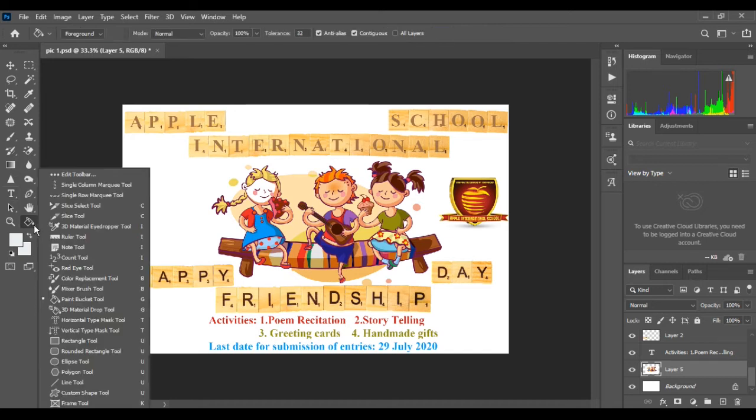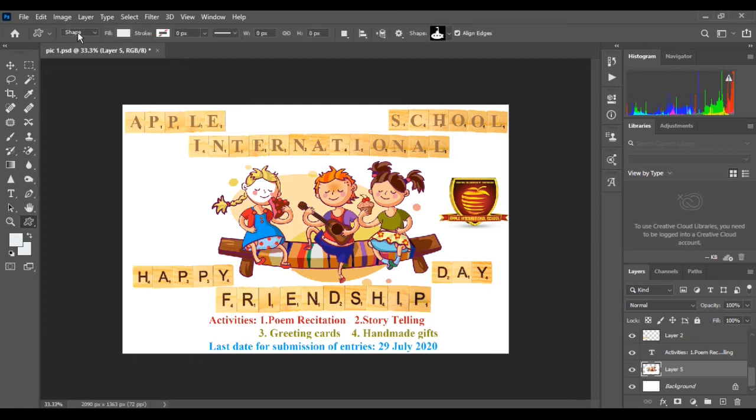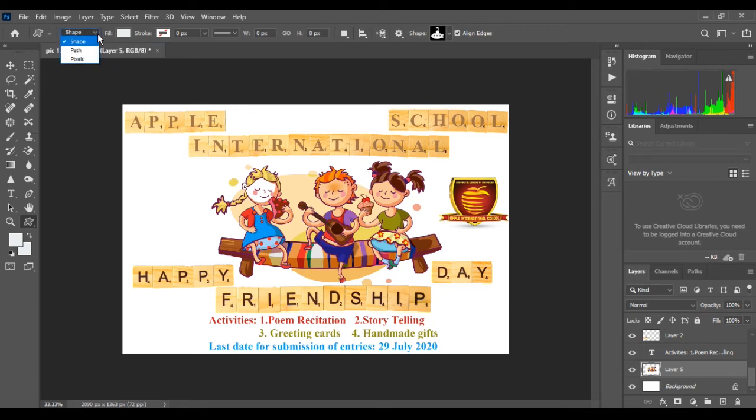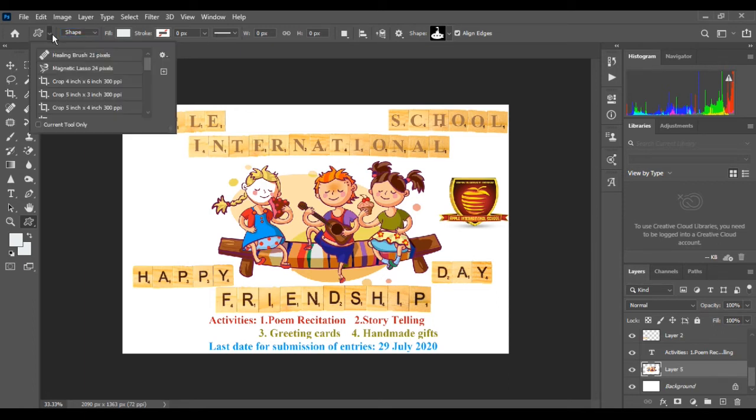Next is custom shape tool. So here we have custom shape tool. It makes a customized shape selected from the custom shape list. So for example, if you select this, then from here you can select any type of shape which you want to create.